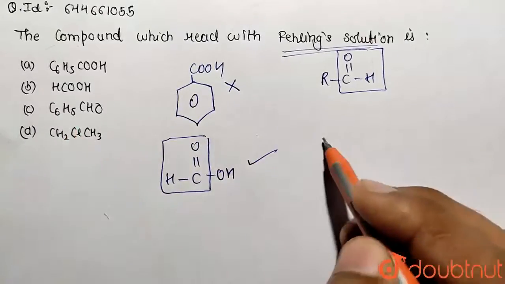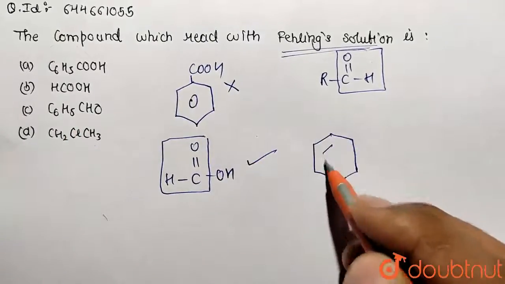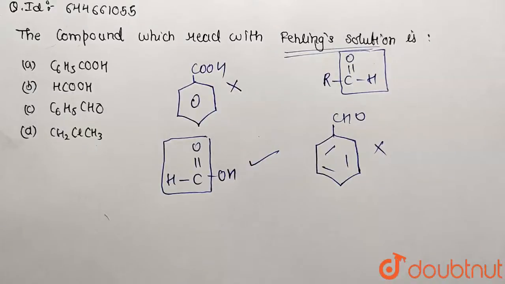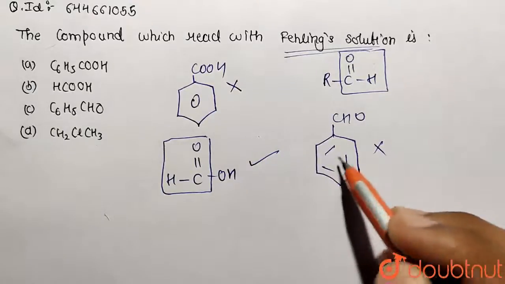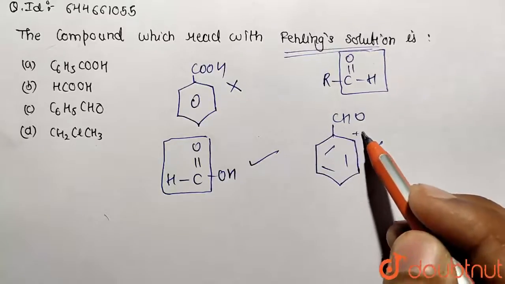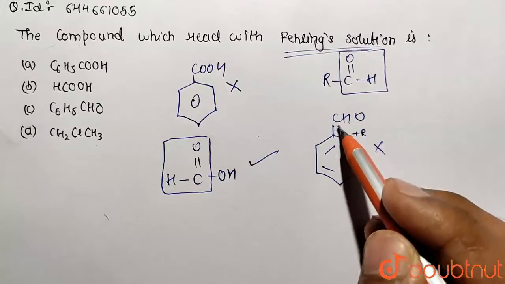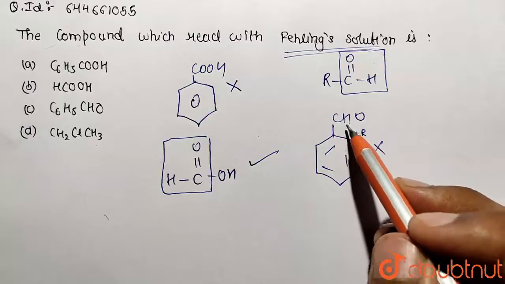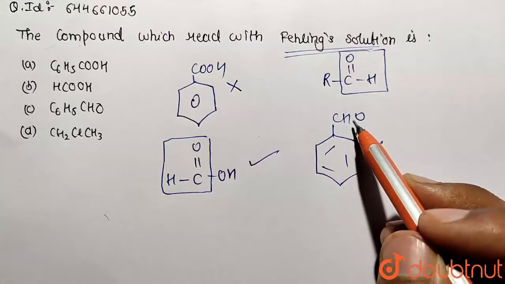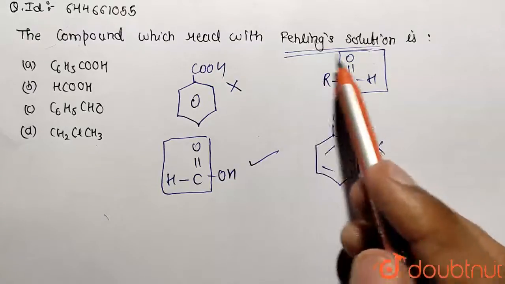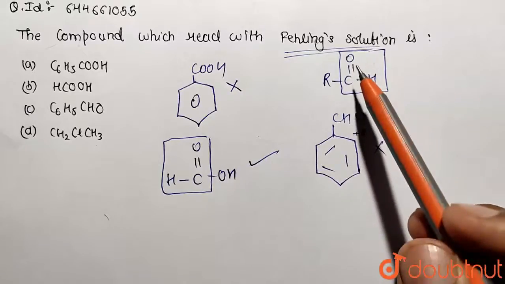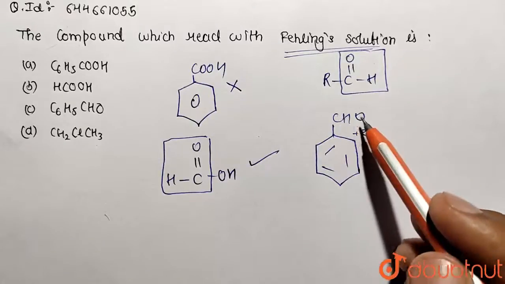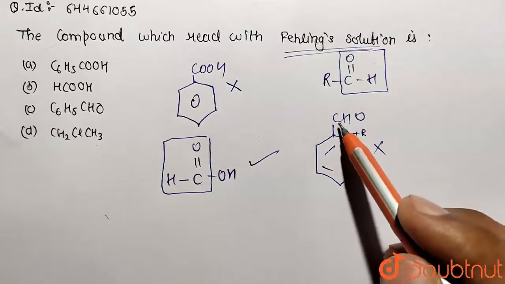Now this is our benzaldehyde. So the benzaldehyde molecule is not going to give the Fehling solution test. So what is the reason for that? Because over here this is the benzyl ring. So it is showing its +R effect and correspondingly increasing the density of electrons at the carbon. So this is going to strengthen the carbon-H bond, so this carbon-H bond is going to be stronger in nature. So it cannot be cleaved by Fehling or Benedict solution, which are oxidizing agents, but weaker oxidizing agents. So only Tollens can break this CH bond and convert it to carboxylic acid over here.